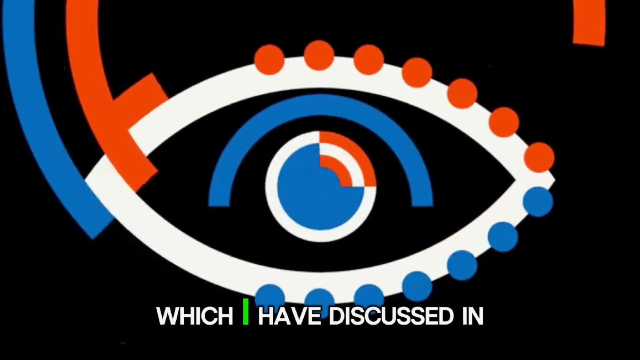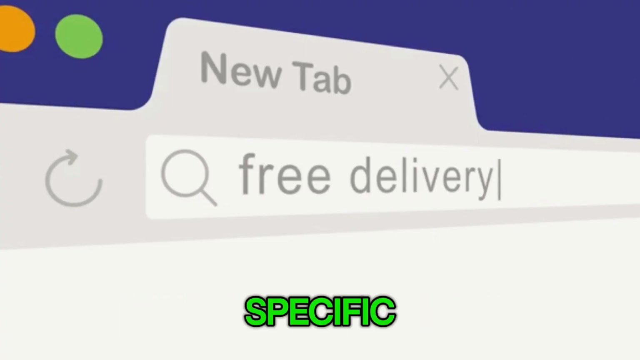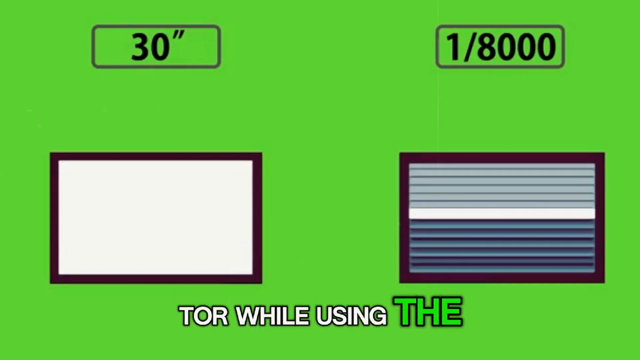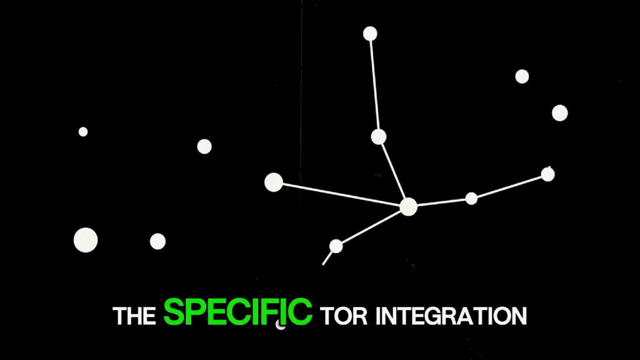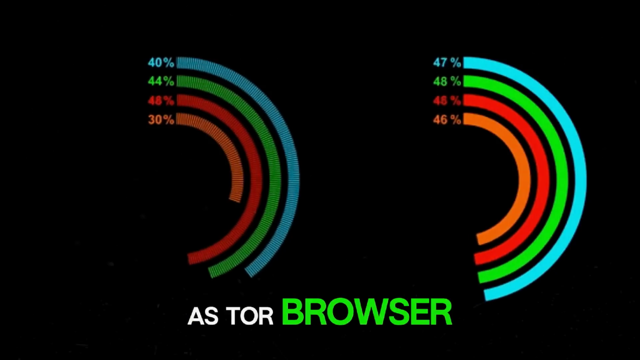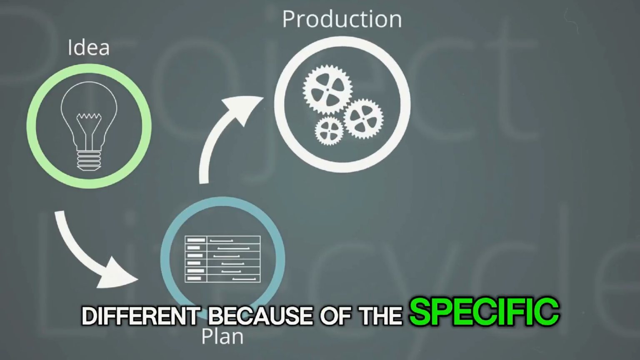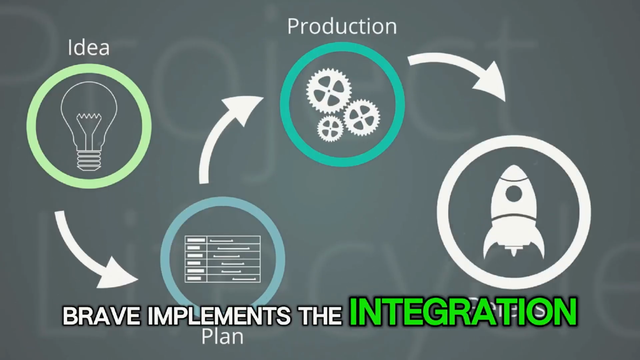Brave browser, which I have discussed in other contexts, includes a Tor integration that allows users to open specific tabs that use Tor while using the rest of the browser normally. The specific Tor integration in Brave is based on the same Tor network as Tor browser, but the specific privacy properties are somewhat different because of the specific way Brave implements the integration. Tor browser is generally considered more secure for specific privacy use cases because it has more specific privacy hardening than